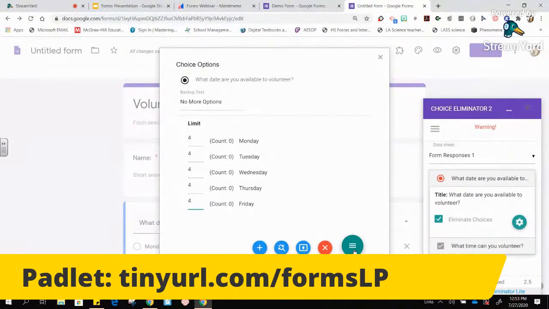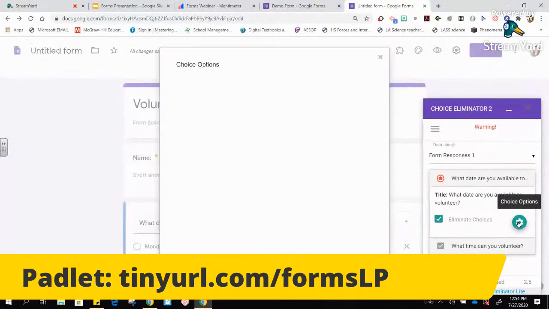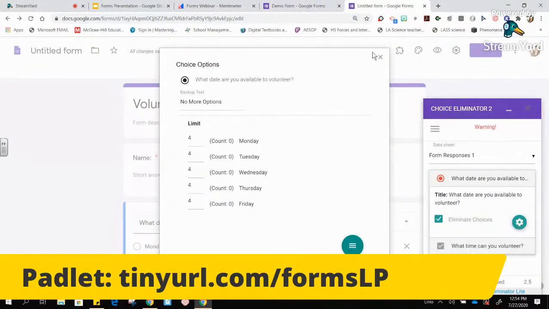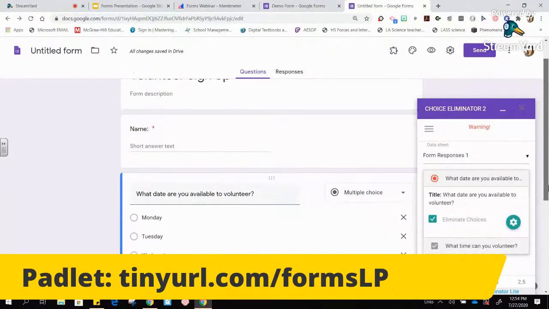And then once we do that, it is now going to change those settings and make sure that you are allowing 4 people to choose each of these days. So store choice, get questions, add choice. So you've got lots of little options from within. And so if we close this out and click back on it, it should have 4 there. There it is. Okay. So that's one thing, because once 4 people have signed up for Monday, I want Monday